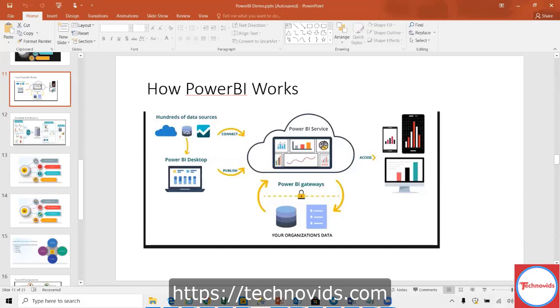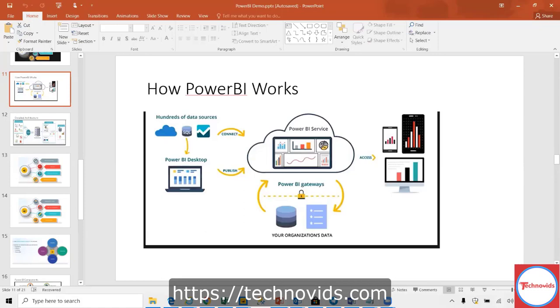So once it's done on the left hand side, the job of the development team or the technical team is done. Okay. Then what they do, they will bring it to the Power BI service. Now the data source is no longer connected to desktop. Now the data source has to be connected to this Power BI service, the middle part, the gateway, what you see here, right? So that's where the data source has to be there. So the refresh, coming back to your question, the refresh has to happen in the cloud or the internet. Okay, so it's no longer the Power BI desktop.